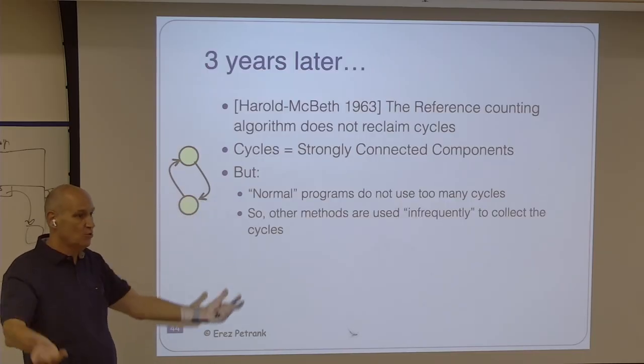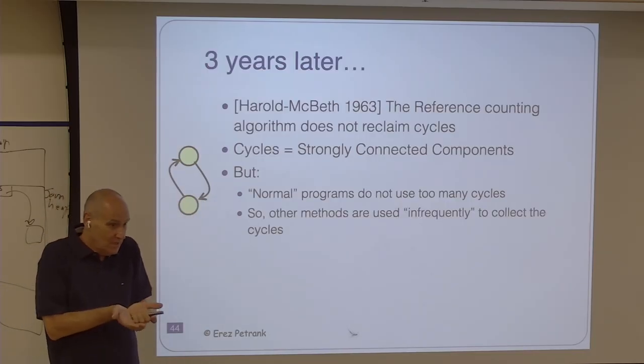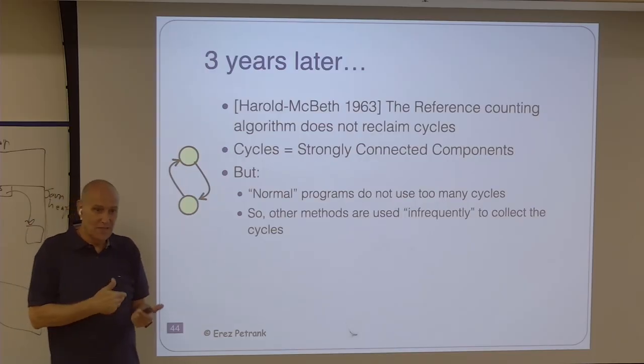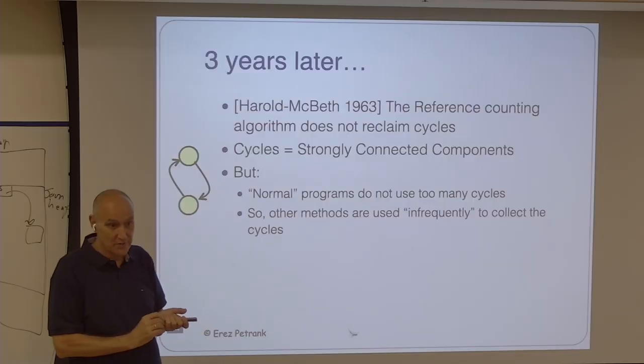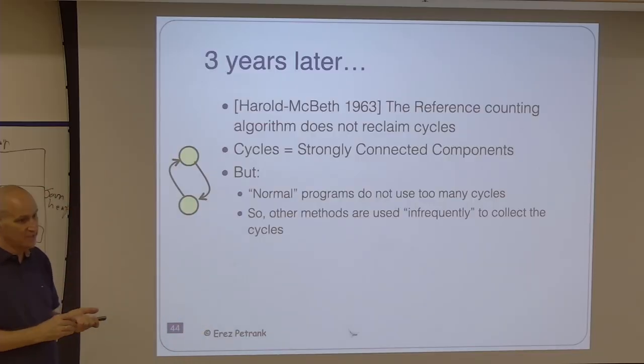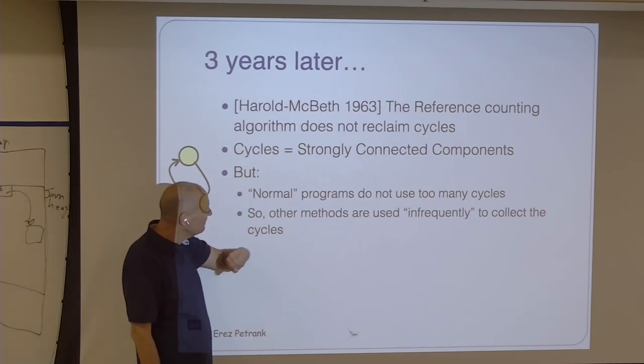Then even if this whole thing becomes unreachable, any object there will always have reference count higher than 0. And so you'll never be able to reclaim a strongly connected component. And this is a problem, but